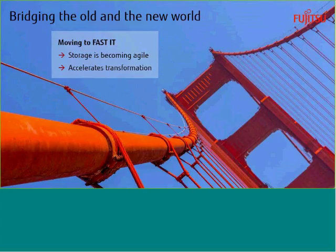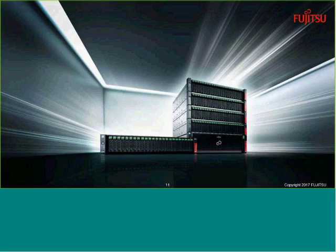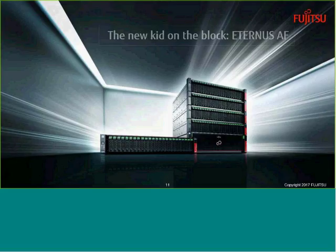Storage is becoming one of the enabling functions of an agile IT environment and really helps you as an end user accelerate your transformation. Flash storage, such as the ETERNUS AF, is one of the key enablers for data center transformation, really helps you bridge from the old world to the new world and get going with fast IT. And I'm very happy in this presentation to now jump into a little more detail on what let's refer to as the new kid on the block, or the ETERNUS